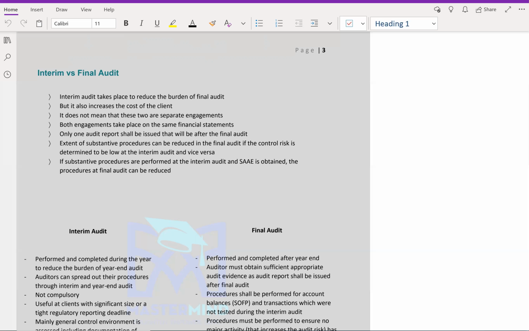And obviously, like it's mentioned over here, it reduces the audit risk to a significant level. Okay. If substantive procedures are performed at the interim audit and sufficient appropriate audit evidence is obtained, the procedures at final audit can be reduced. Okay. Now,